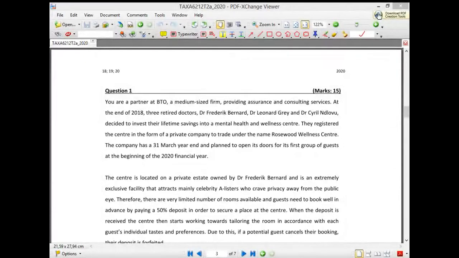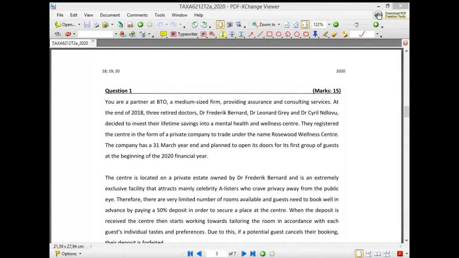So in today's session, we're going to work through last year's test paper. What I've done is I've gone through it and worked out what the solution would more or less have looked like based on the information I could see. As lecturers, we do not get the memos, so this is what I would have done to get the marks, and then I've indicated more or less what marks would have been allocated.